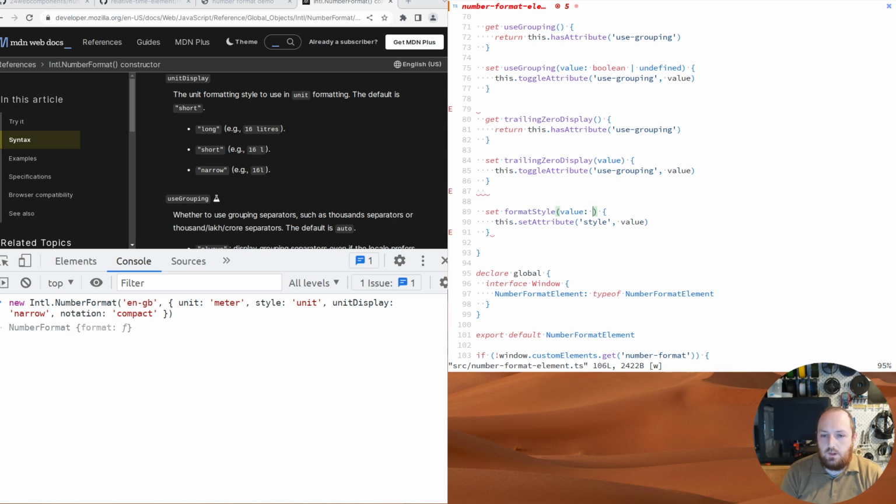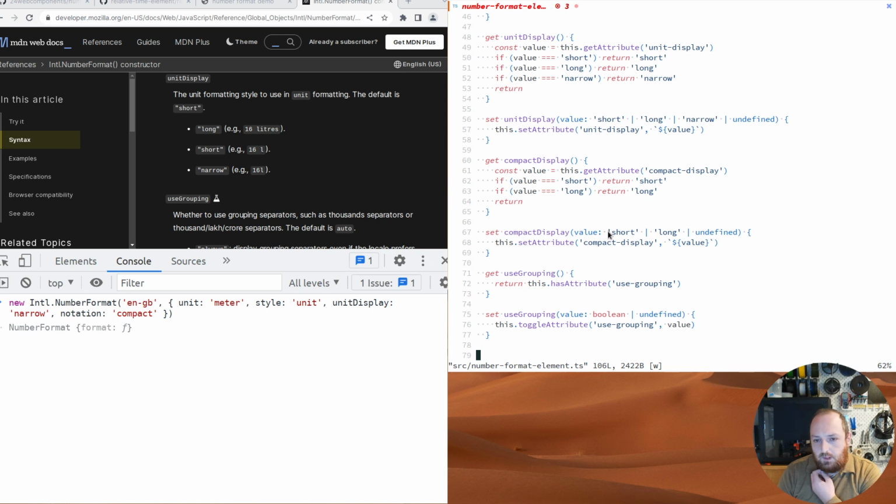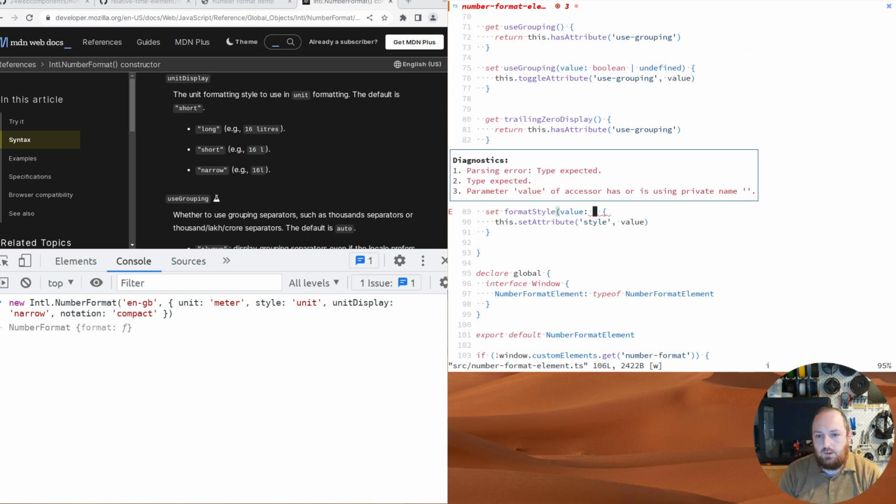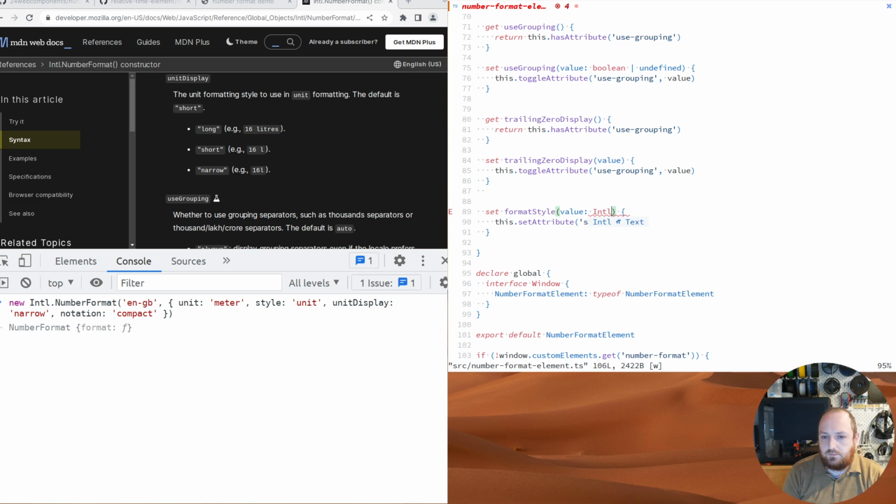And then what we can do here, rather than typing them like this, we can also use a shorthand, and we can say Intl number format options style. Now this will be typed as this property, and then if any properties get added, it will be updated. Your component will be compatible with any new options that get added, in theory at least. This needs to be a string, so I'm going to coerce that to a string,